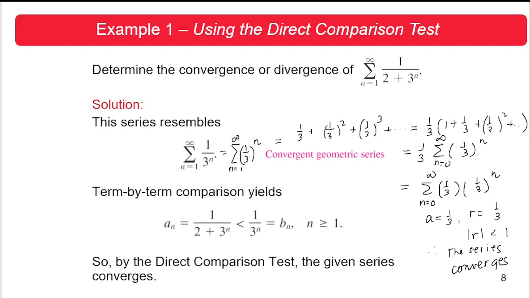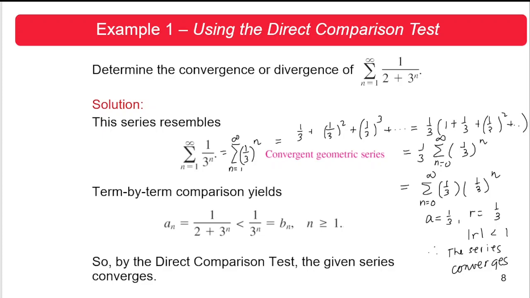And because this is a constant, we can place it inside the summation notation, so that we have the summation of the product of 1/3 and (1/3) raised to n. But in this case, n starts from 0 to infinity. If the value of n is 0, then (1/3) raised to 0 is 1. If n is 1, then you have 1/3. If n is 2, you have (1/3) raised to the second power, plus, and so on and so forth. And this is now of the form summation of a r to the n, where a is 1/3,